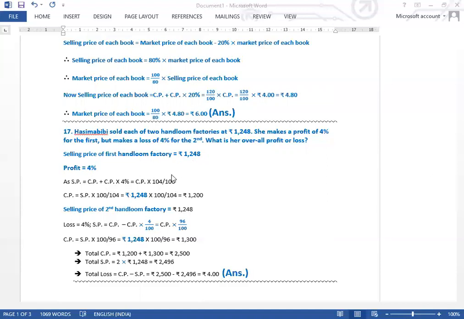So this procedure should be practiced by you. Practice at least 2 or 3 times a day. So that's why, by that method, you can easily become familiar with why it becomes 104 by 100. So SP is equal, since 4% profit, so you can write SP will be CP into 104 by 100. So CP equals what? Cross multiply: SP into 100 by 104. Now put the value of SP.